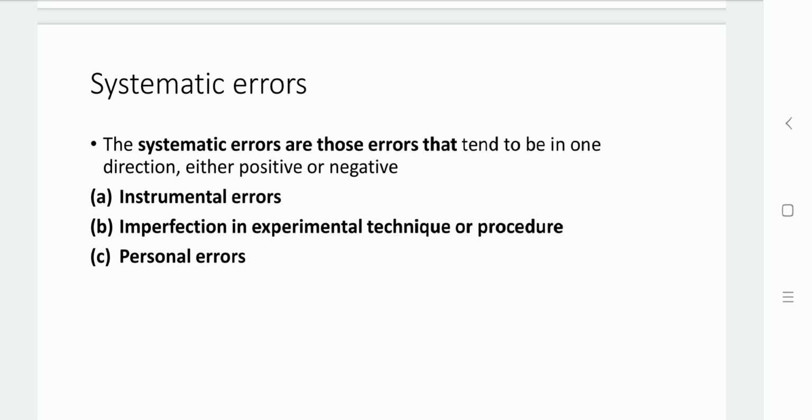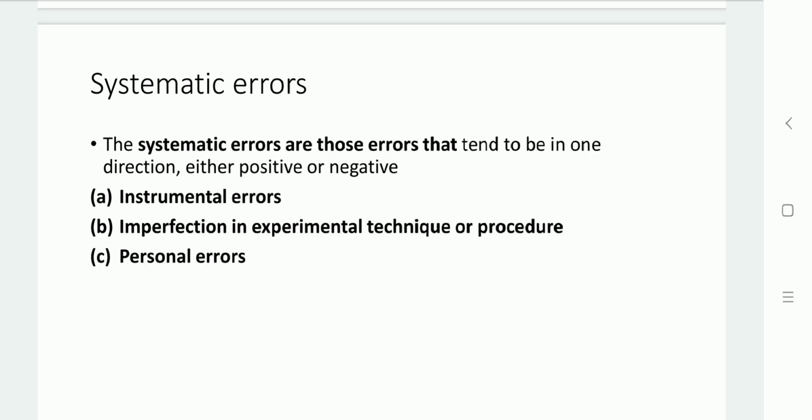Next is personal error. As we have discussed, the parallax method measures a longer distance, in which we are supposed to focus on a particular object from two different directions. Here, if the AB base distance varies from person to person, then the measured long distance between two objects can vary.